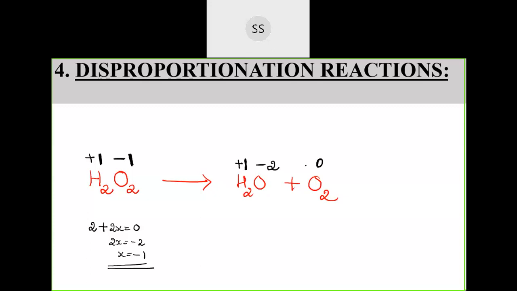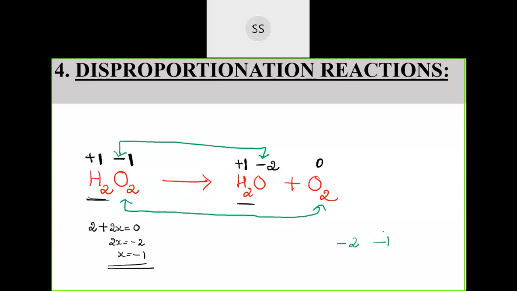Now let us see from the reactant to the product what has happened. Hydrogen is the same, no? Here it is +1 and here also it is +1. In reactant side as well as in product side it is similar, so let us not talk about that because there is no change. Now let's see for oxygen. Oxygen from -1, when it has formed water, has gone to -2 state. So -1 to -2, what is it? You all tell me. Reduction. Everyone agrees? Yes, very good. That is reduction.